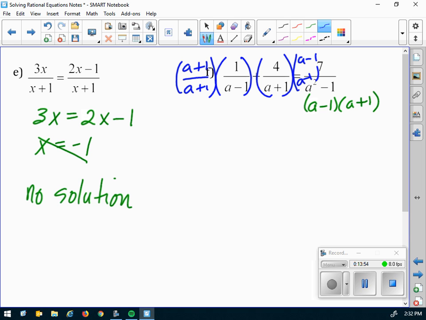The fraction on the right side, does it need anything? No, it's already got A minus 1 times A plus 1. Now my denominator on the left is,